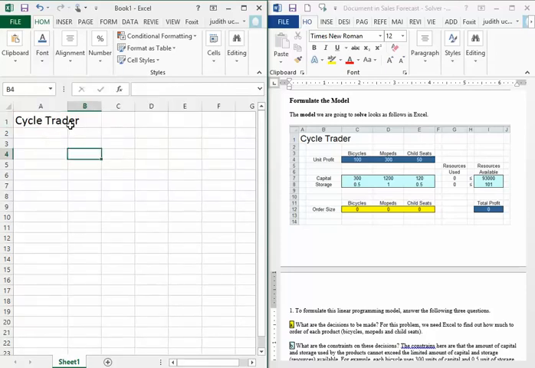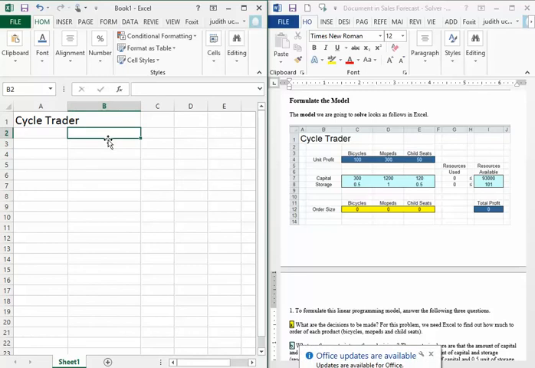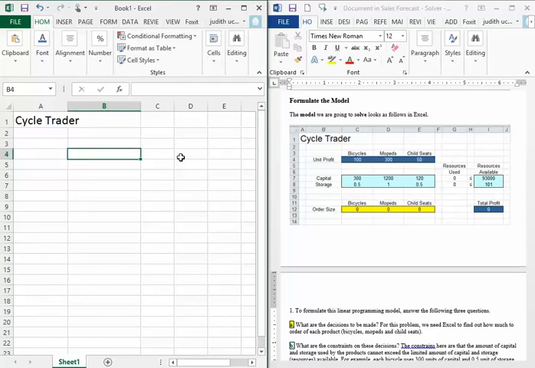Okay, so in cell B3, notice the spacing. You can do the spacing however you want, but then the formulas are not going to be exact. So notice the spacing. The word unit profit is in B4. So let's see unit profit. Okay, then up here you have bicycles, mopeds, and